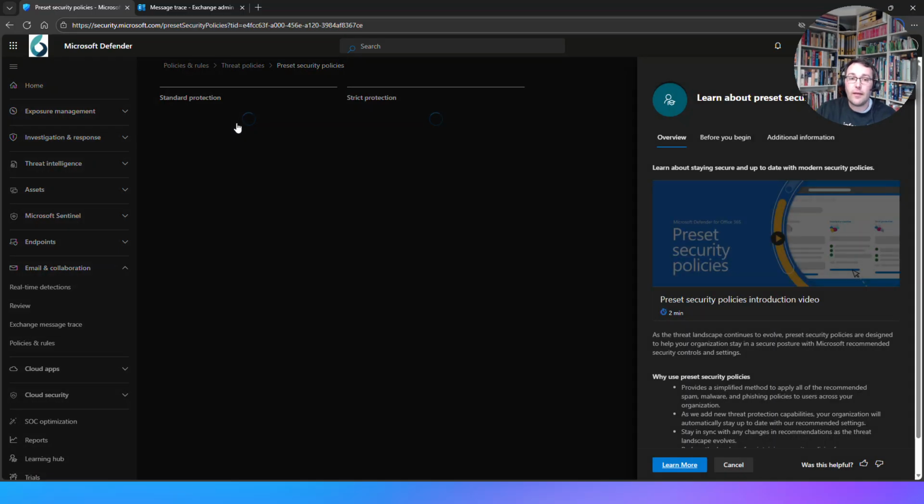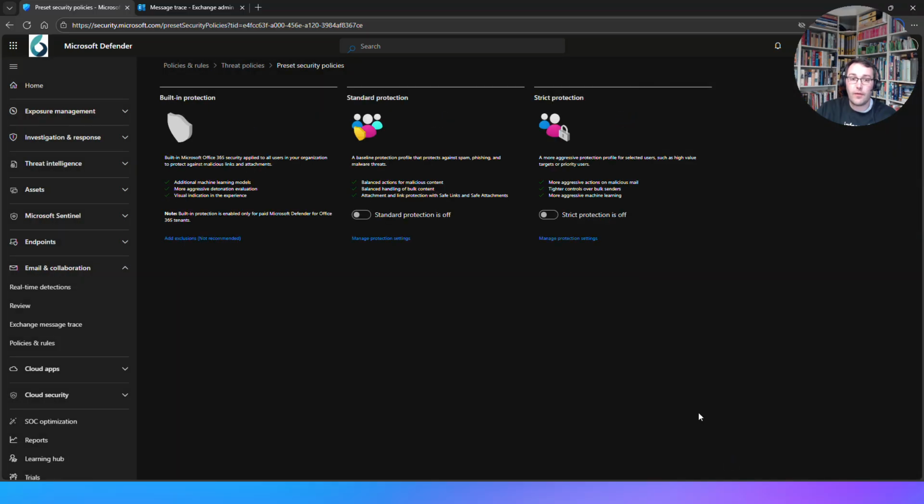Now, there's two things to be aware of. Firstly, presets are always in place. If you're going to go down the route of configuring this properly, you'll be turning off these protections. But if you're not capable, or you don't have the right team involved in understanding how best to deliver security policies, you can use YouTube to get people's opinions and reviews. Leverage Microsoft Secure Score because it gives you some recommendations you should be implementing. But if you're really unsure, you have these standard levels of protection, and it tells you exactly what it's doing, what the aggressions are, tighter controls, more aggressive. Personally, if you really aren't going to configure them yourselves, I'd be turning on strict protection